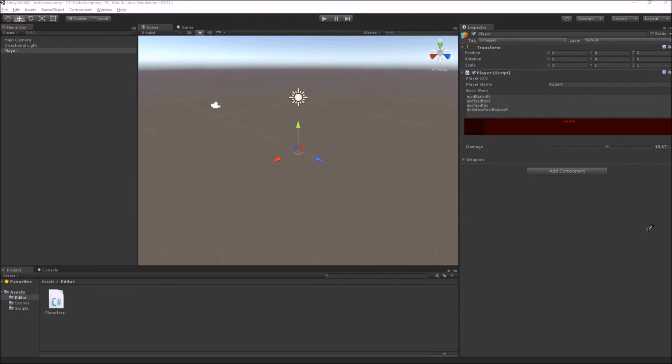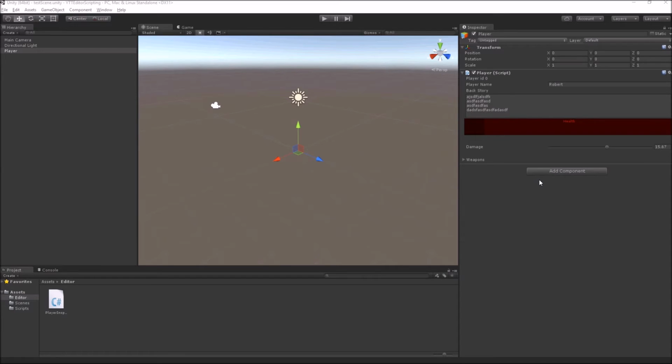The next thing that we are going to talk about is displaying message boxes inside your custom inspector. These message boxes can be shown to display a warning. For example, if you mistakenly set the health of the player too high, or if the damage is too high, you can give a warning: please look at this damage, this value is not right.